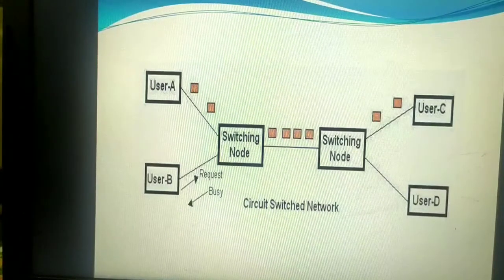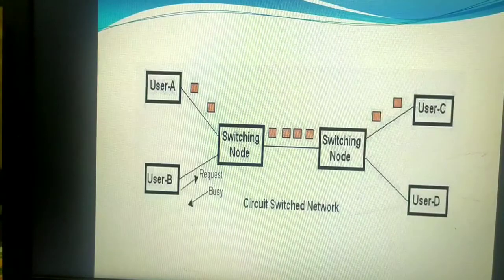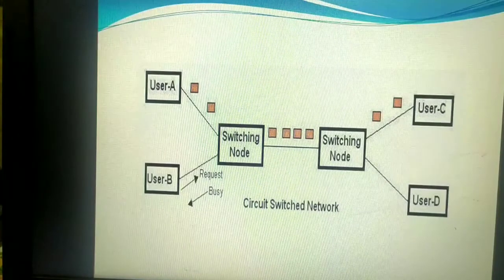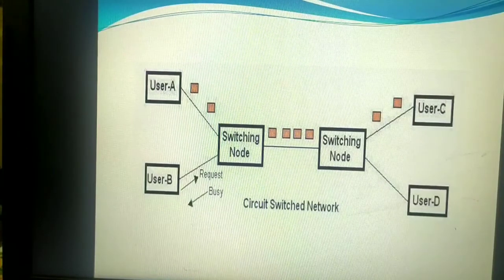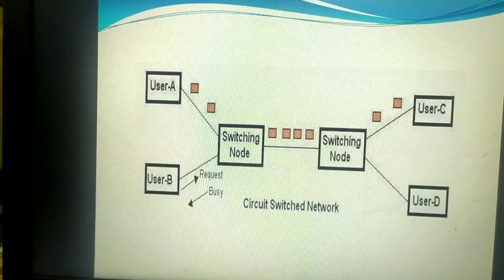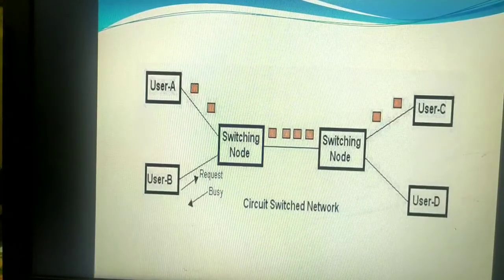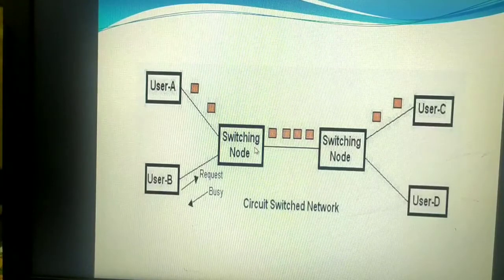So let me explain circuit switching. In this technique, first the complete physical connection between the two computers is established, and then the data is transmitted from the source computer to the destination computer. That is, when a computer places a telephone call, the switching equipment within the telephone system seeks out the physical copper path all the way from the sender telephone to the receiver telephone. That means whenever they want to transfer data from the source computer to the destination computer, first it will seek the communication establishment through the copper wire.